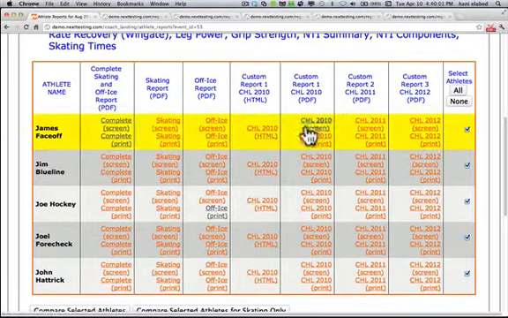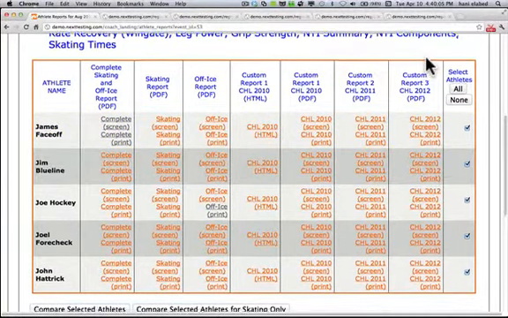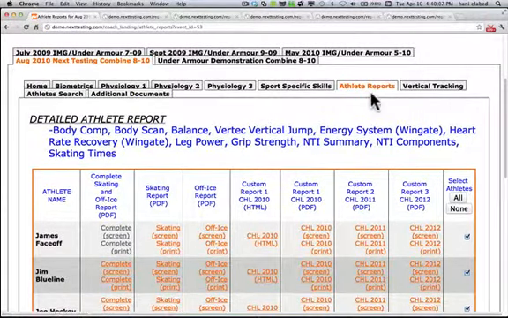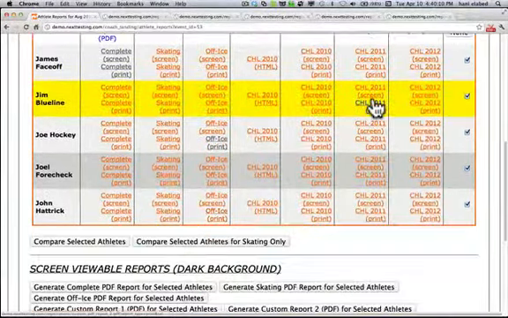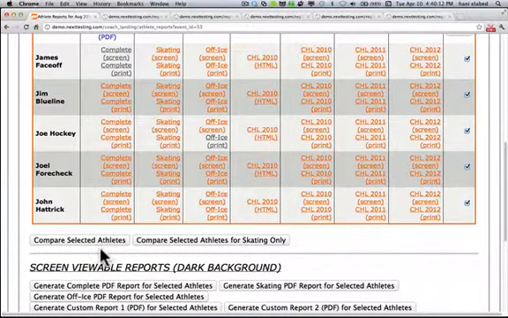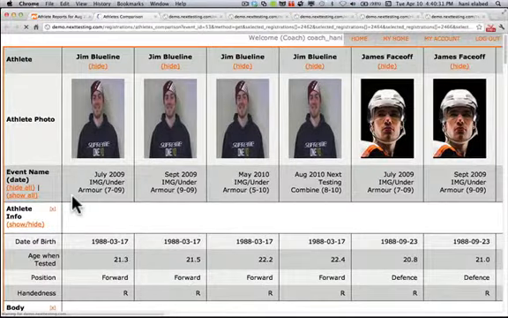This is one of the features of this tab, but the most important part, in my opinion, of the athlete reports tab is that it allows us to do the athletes compare page. So now that we've selected all 5 athletes, we could have selected as few as one or as many as all of them, and we will have access to the compare selected athletes button, or what we've called the athletes compare page. So if we click on that button,